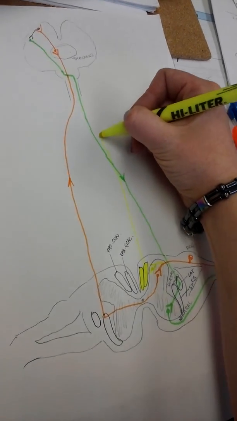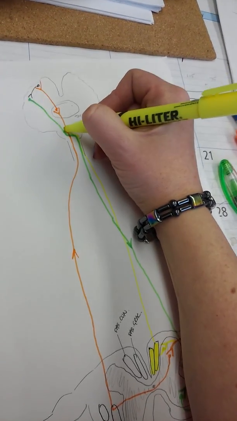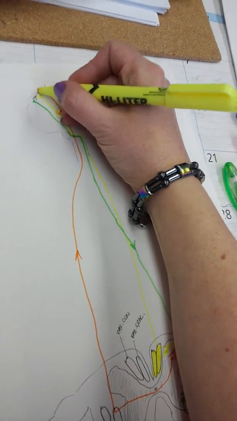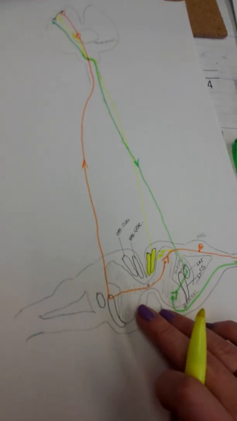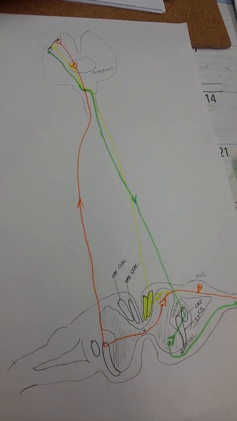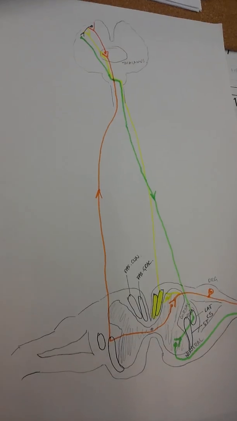That means it ascends on the side that it represents, and it decussates at the medulla to the thalamus and then goes to the cortex. So that is the only sensory perception that goes up the side of the spinal column on the side that it represents. Now, if we look at our patient,